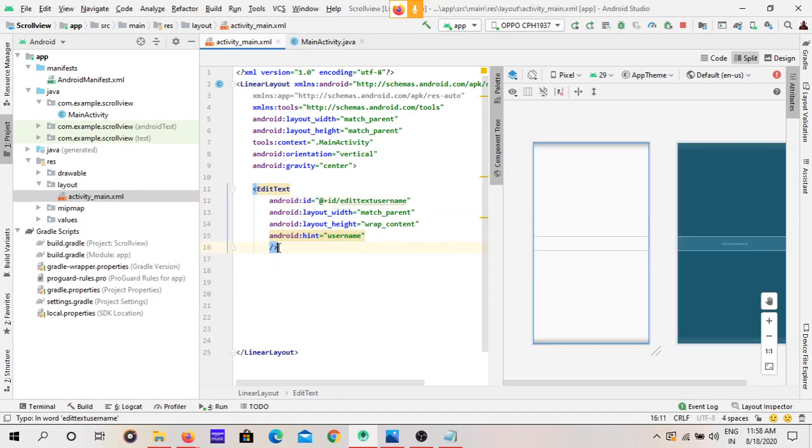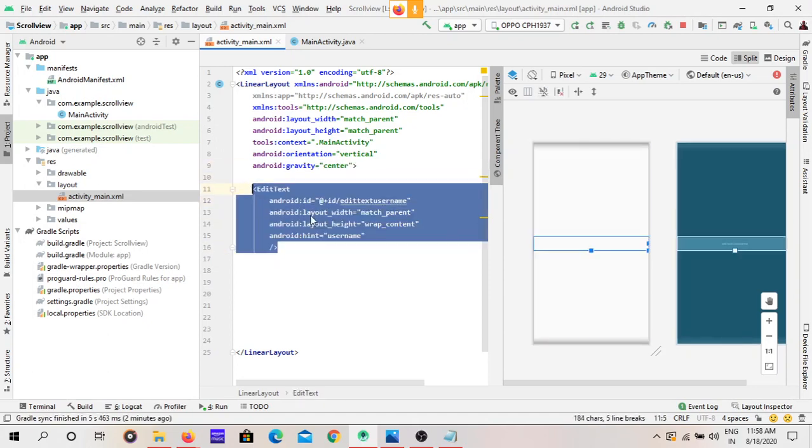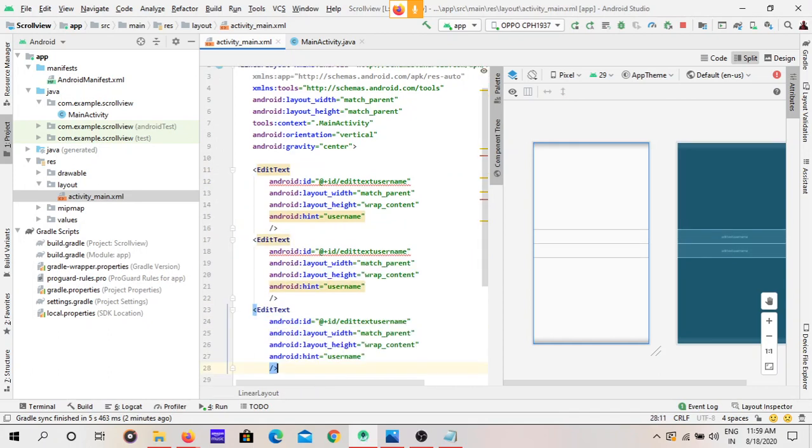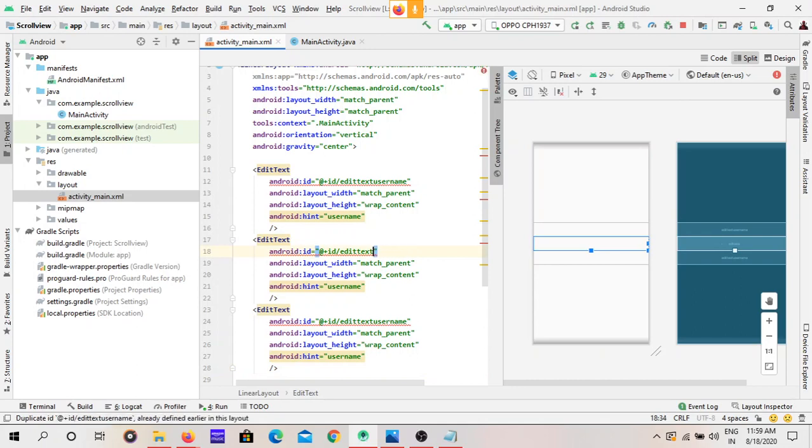Yeah, it is completed. Now copy this edit text, paste it for age and email address, and change the ID. This is not a username, this is age. This is not a username, this is an email. And change the hint, it is age.